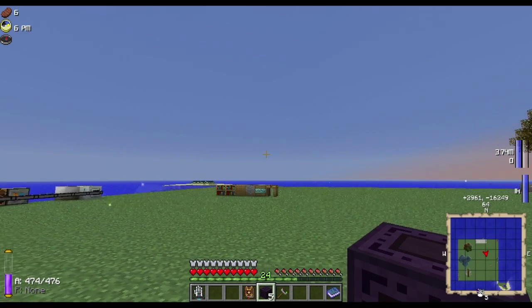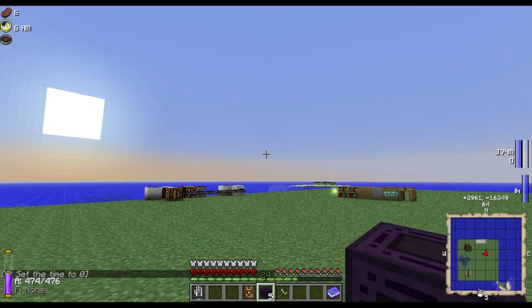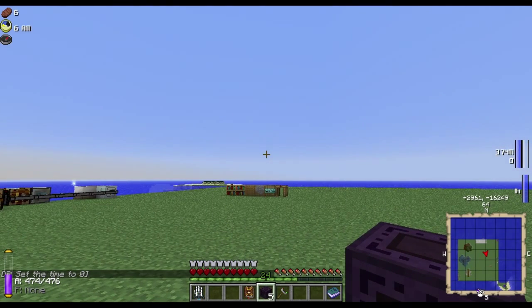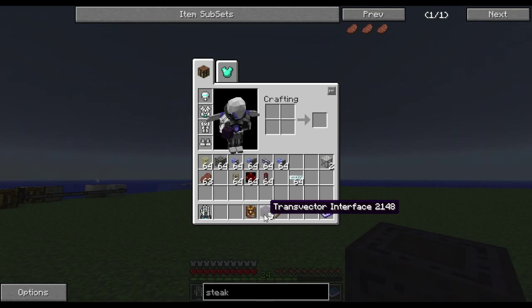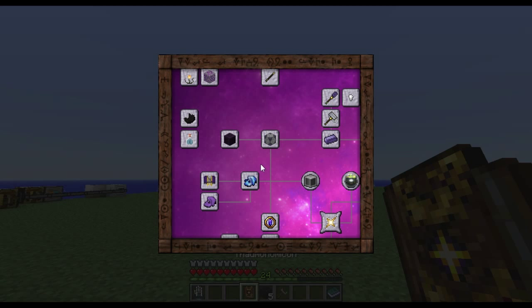Today we are going to talk about probably my favourite block in the entire mod pack. It is a block from Thaumic Tinker, which is an add-on for Thaumcraft 3, and it is called the Transvector Interface. Now the Transvector Interface is a very interesting block. It's found here in your Thauminomicon research,